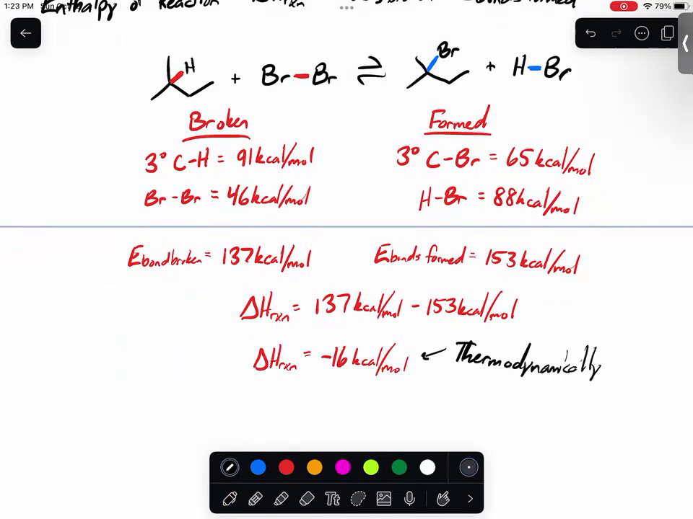All right, and it is actually exothermic. But what about those other carbon-hydrogen bonds? Surely those are going to have different enthalpies of reaction, because those are going to have different values for our bonds broken and bonds formed right here. So taking a look at that idea,